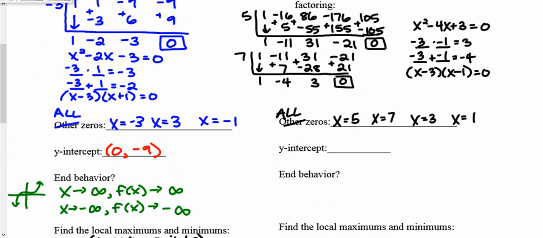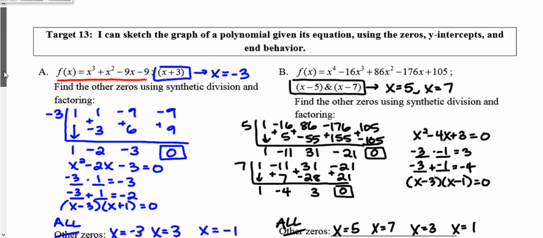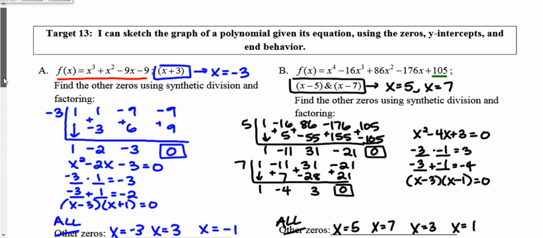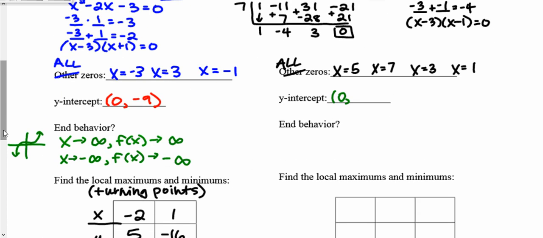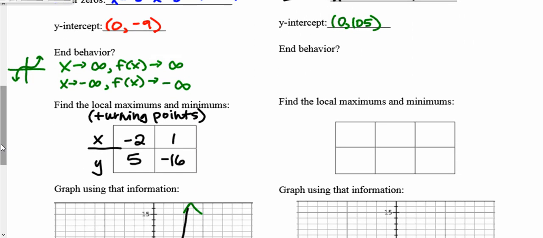Next step is to find the y-intercept. So remember, anytime you find the y-intercept, you plug in a 0 for x in your original equation. So going back to your original equation, if you replace all of these x's with 0, you would just get the last number, which is 105. So that doesn't seem super helpful because we don't have a 105 on our graph, but remember that is helpful. We talked about this first semester, because that means you shouldn't cross the y-axis when you connect your points. And so I'll come back to that and remind you why that 105 number is